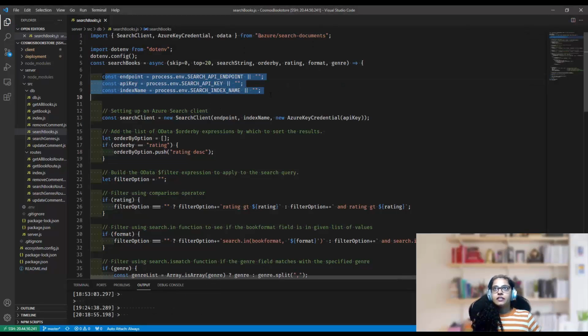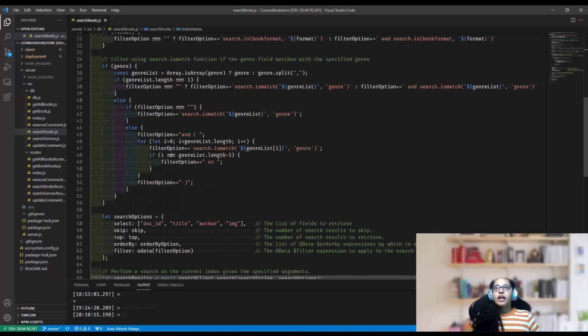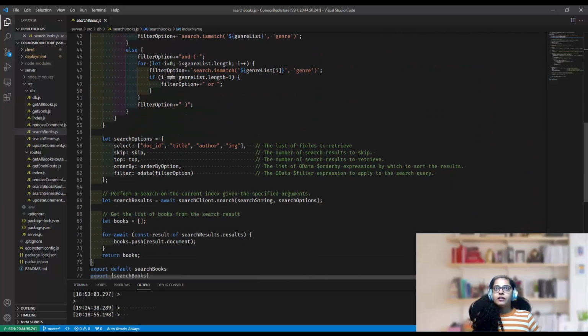So firstly, I start with reading the secrets and the endpoints from my environment variable file. And then I set up an Azure search client by specifying the search endpoint, index name, and the credentials. And if you look at the end of the file, let's ignore the search options right now, assume they are blank.